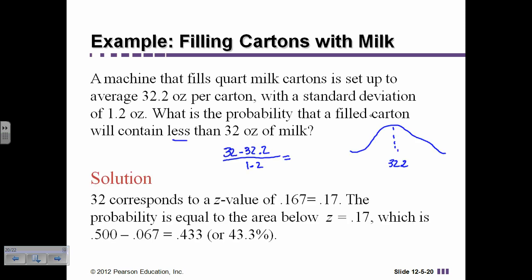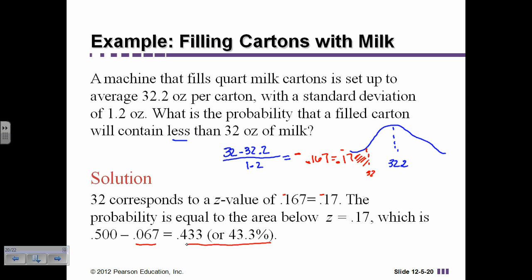It turns out with a z-score of negative 0.167 or negative 0.17. I didn't put the negative down here because it really didn't matter when we looked in the chart. So then we look at the probability in that, and we'll find out that the probability of that is 0.067. And we want, remember, here is that 32 right here. We want to know if it's less than that. So again, we have to subtract it from 0.50,